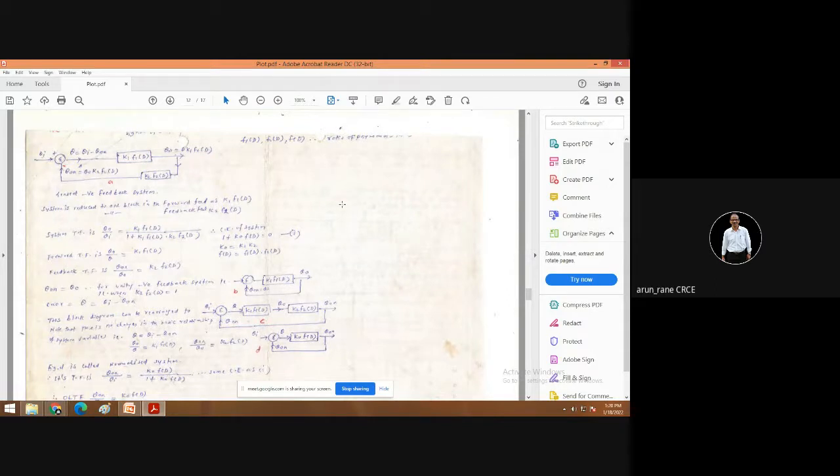Now here I am showing you open loop transfer function and closed loop transfer function. So this is your closed loop, where the feedback is taken from here and given to the transfer function, given to the summation point. This is the error, theta e is equal to theta i minus theta o. Now theta o is nothing but this, that is the feedback function.